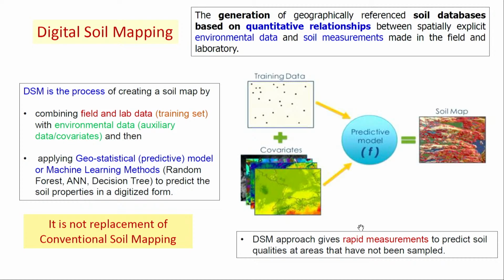Digital soil mapping, first I want to make clear that it is not a replacement of conventional soil mapping. It cannot replace it, because in digital soil mapping you are getting the properties of the soil, mainly surface properties and sometimes subsurface. But you cannot get the soil profile, that vertical section of the soil profile, and the complete classification of soil or soil genesis or